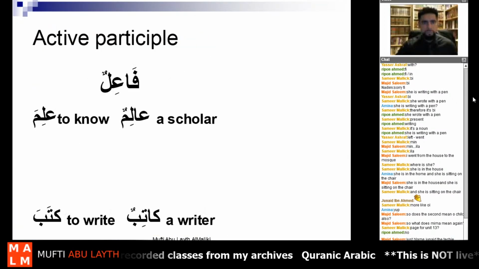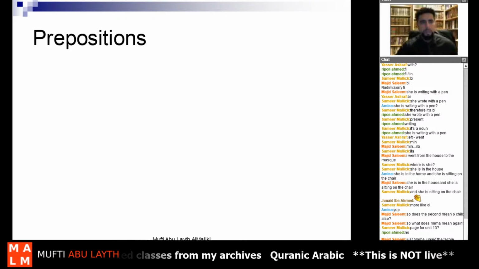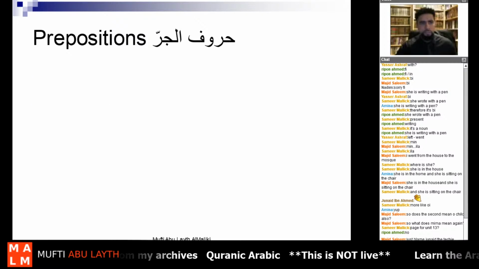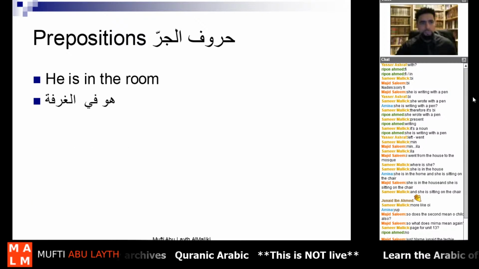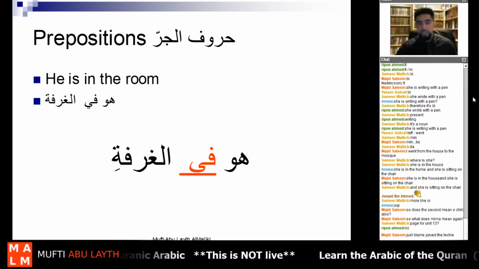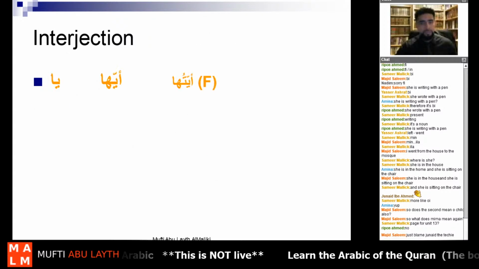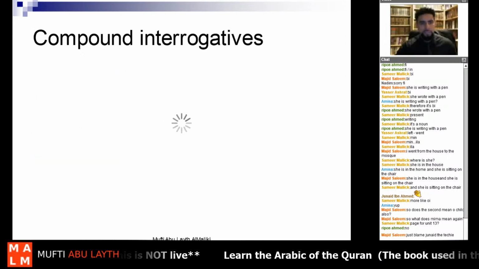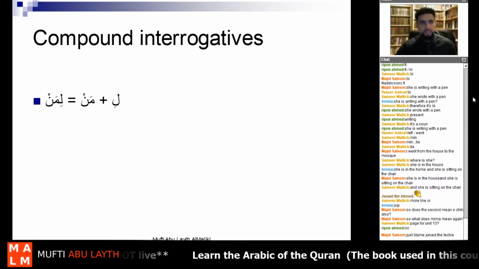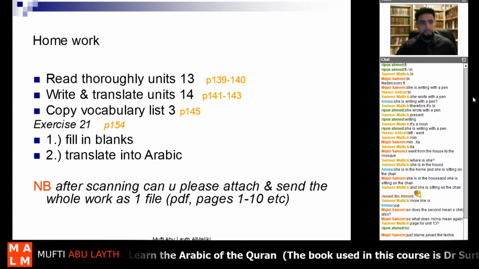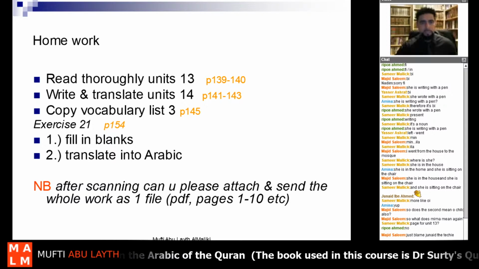So, let me just take that to, yep, so here we are going through there again very quickly. Prepositions, we went through the definitions, different ones, and most important, it's a very important rule that it gives it a kasra, right, and then interjections, right, compound interrogatives like liman, mimma, and last but not least,